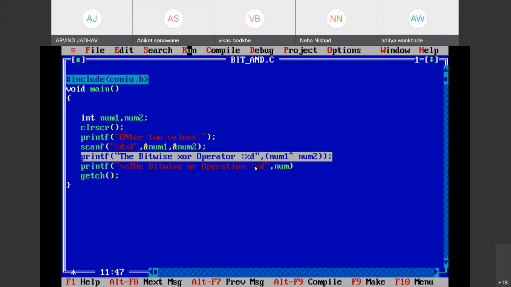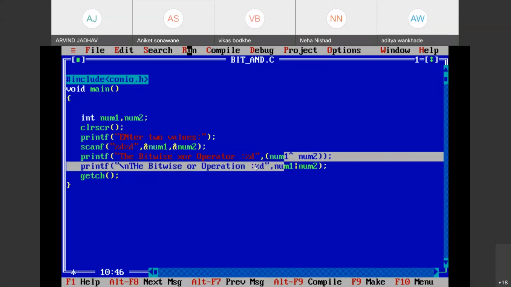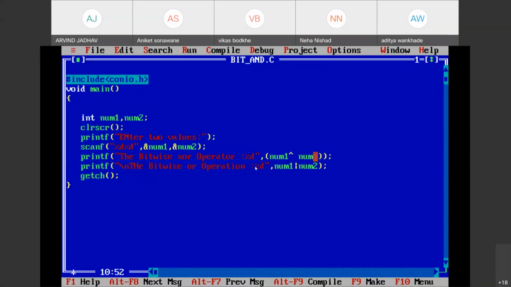Here I'm using num1 OR num2. Save this program.